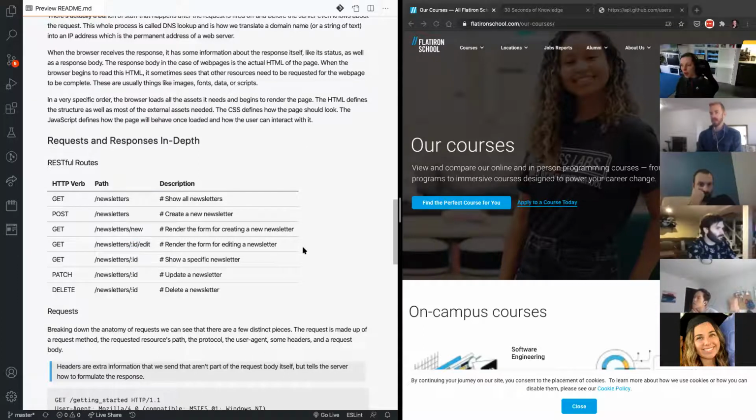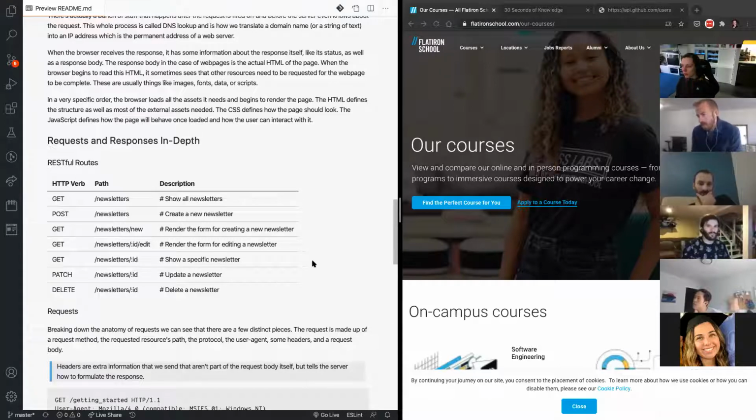Also notice that we have this ID in this particular path. Whenever you're trying to access, edit, or delete or update a single resource, you have to make sure that you keep the ID inside of the URL. We'll talk about what this colon means right here as well. Just remember, if you're trying to access or edit or delete a single resource, always make sure that you have this /:ID in your path, because that identifies that particular resource.